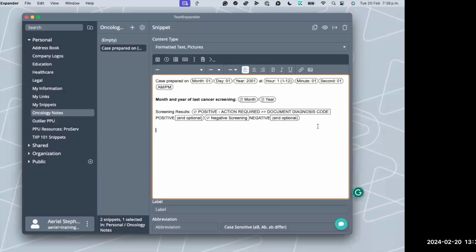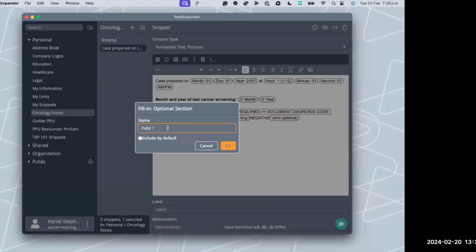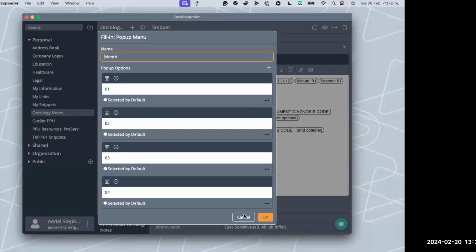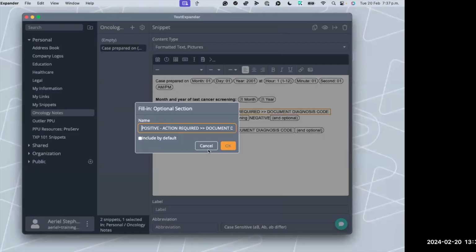So now going to the next part. I am going to add another portion because, as you can see, we've got to document the diagnosis code here. So what I'm going to do is add one more optional section. And this is a little power user trick a lot of people don't realize. The reason I copied and pasted the name of the last optional section is because I want these two to link together. Any type of fill-in you have, not just optional sections, if you name them the same thing in that name field in that first menu that pops up, they will link. Also, if you ever need to change anything with the fill-in, you can double click it to get that menu to reappear.